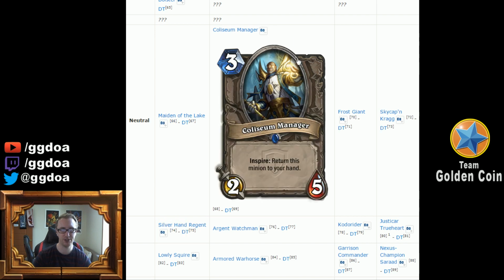Inspire, return this minion to your hand. We get into some really interesting stuff here with the neutral cards, and again, when you see stuff like this, it makes me wonder, how can I build a deck around this? There was a card